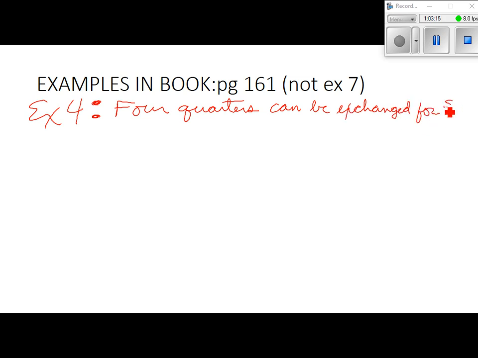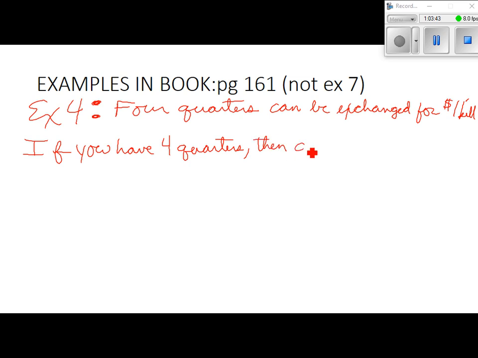Or $1 bill. We want to write it in if and then form. So if what? What are you going to say, Kai? If you have 4 quarters, then you can exchange them for $1. Then you can exchange